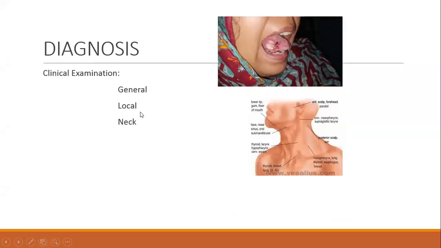You examine all parts of the oral cavity. You ask a patient to open the mouth, first see if there is any trismus. Trismus can be of various stages. They can partly open the mouth. So we grade them, grade 1, 2, 3, 4. It is written in the books, so you can read from those books. A normal patient should open the mouth for about more than 4 centimeters.